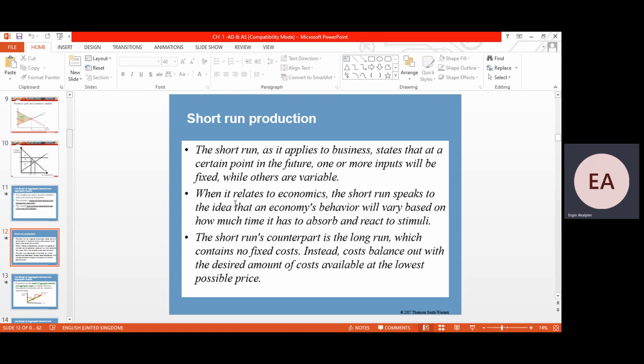When it relates to economies, the short run speaks to the idea that an economy's behavior will vary depending on how much time it has to absorb and react to a stimulus. The short run's counterpart is the long run, which contains no fixed cost. Instead, costs